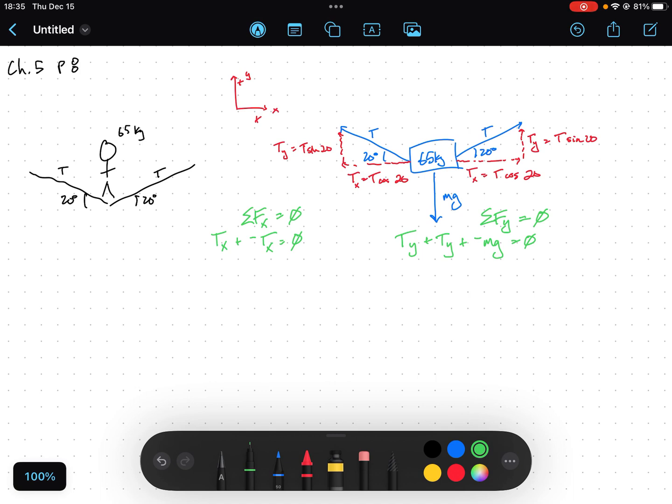But if what you're looking for is the overall tension in the line, if you have a little bit more trig, then you'd recognize that this is going to be T times the sine of 20 plus T times the sine of 20 minus mg, that equals zero. And at this point, we only have one unknown. We know the mass. We know g. The sine of 20 is just a number. So the only variable we have is T. So this would be solvable. And I'm not going to do the math for you, but that's something